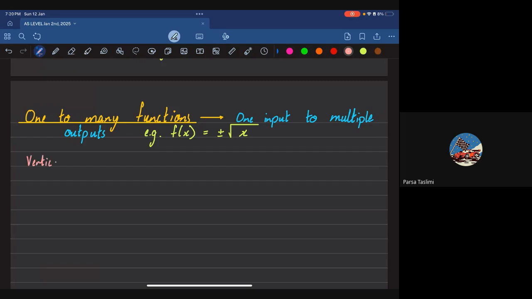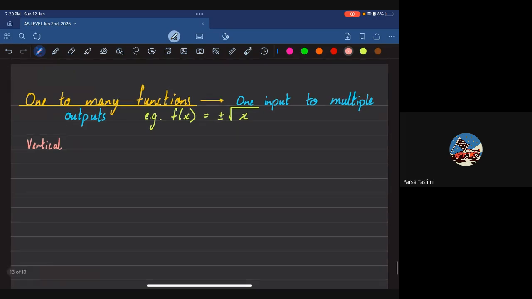Your vertical line test determines whether your function is one to one or not. All right. So, for example, all vertical line functions are supposed to determine whether your function exists as a function or not. Let's see now. So vertical line test